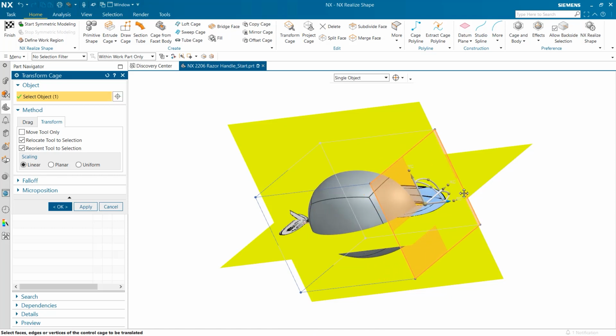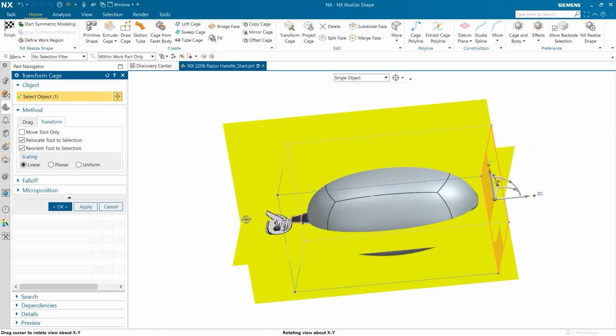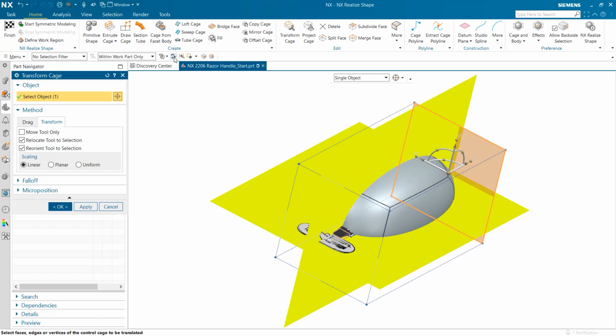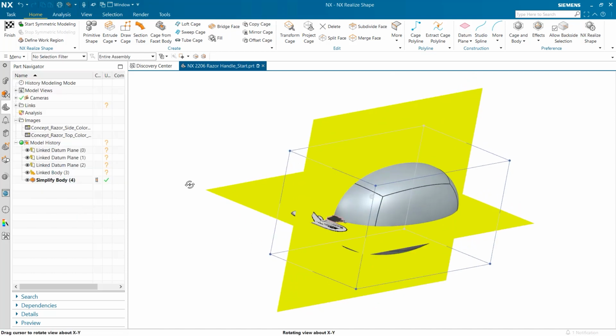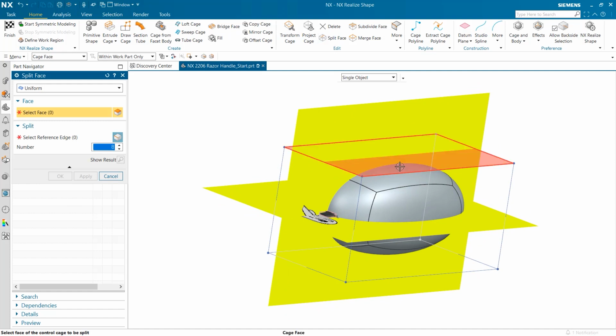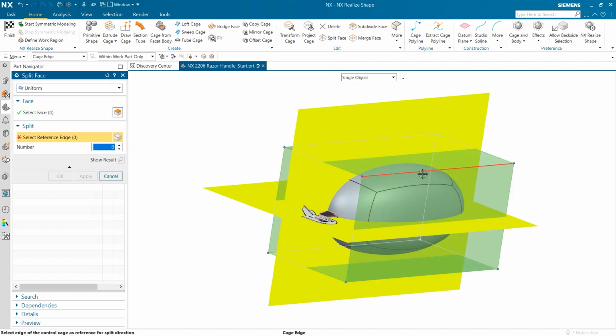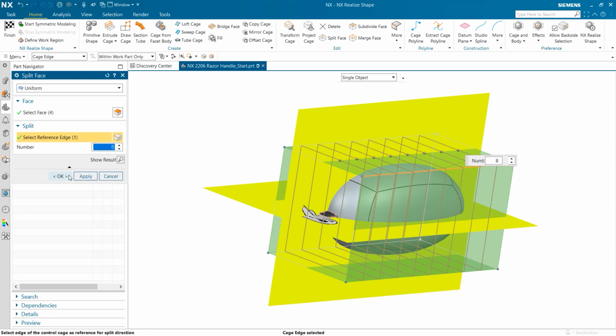Typically, you will want a bit more control over the shape, so to do this, we're going to add more vertices and faces to the subdivision model by using tools such as Split Face. The Split Face command is useful when you need to refine the shape of the object. Adding more vertices, faces, and edges provides greater flexibility so you can achieve the desired shape.